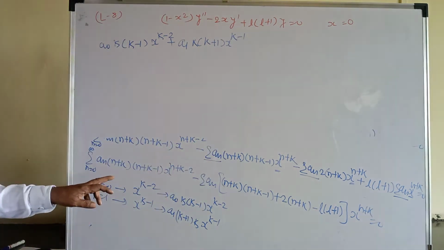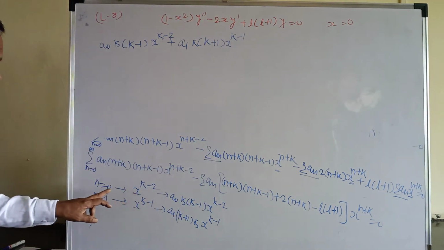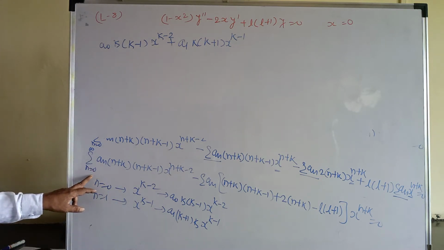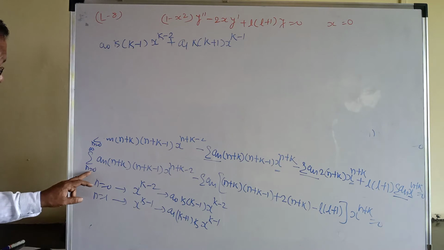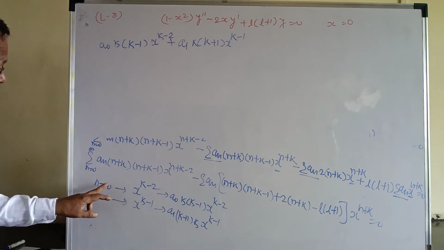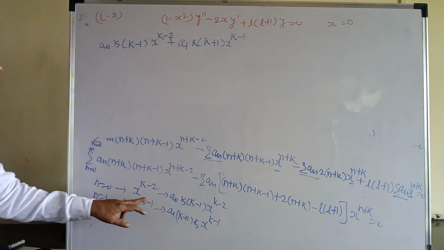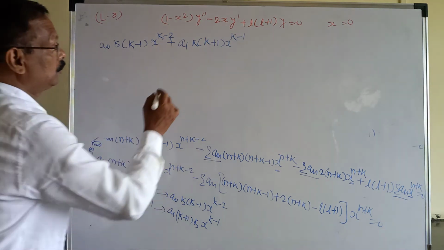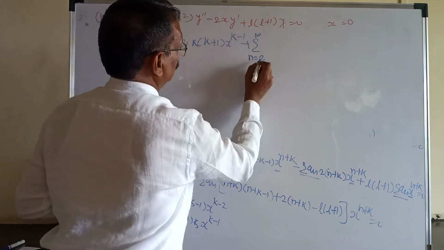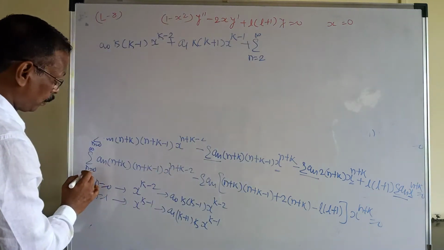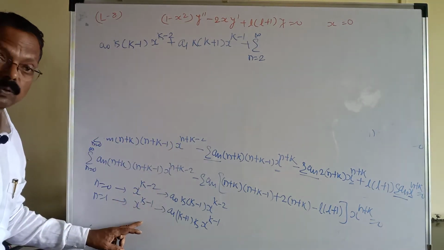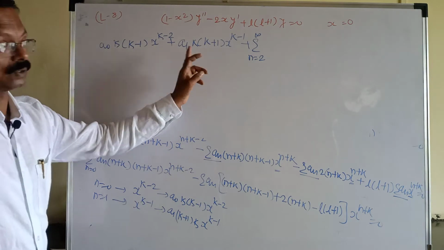Now remember, as we write these two terms for n equal to 0 and n equal to 1, this summation sign from n equal to 0 to infinity can be replaced by n equal to 2 to infinity, because the terms for n equal to 0 and n equal to 1 we have already written. So this summation becomes the summation where n runs from 2 to infinity. 0 is replaced by 2. These are the two steps.